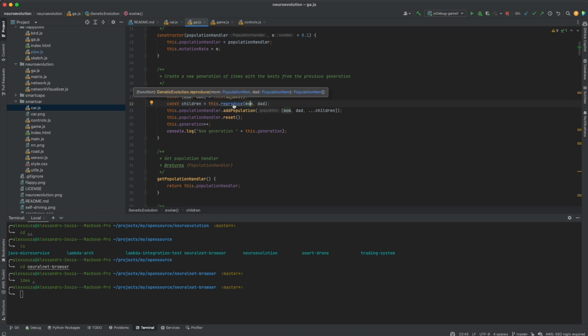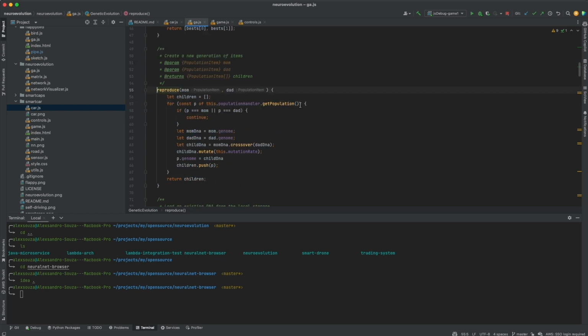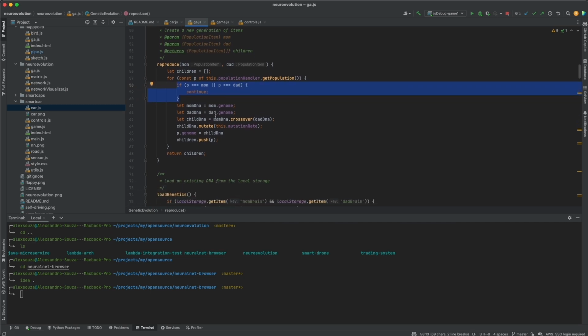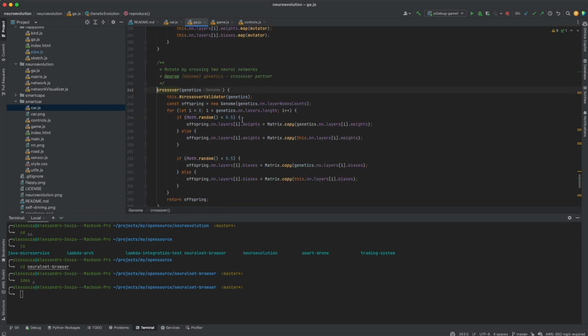Let's see how the reproduction happens. Basically, we get the whole population and check that it is not the mom and dad. You get the genomes from those, since we have the genome on the item, on the car itself. Then we apply the crossover strategy, basically mixing up the genes, the DNA or genome, of both. Let's see how the crossover works. A genome is basically a new neural network, and we create an offspring from